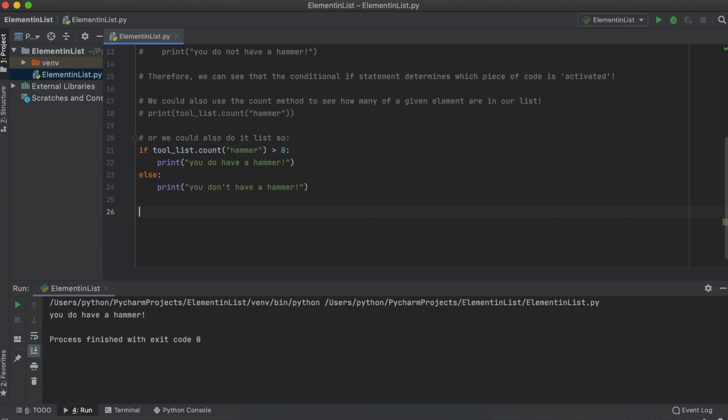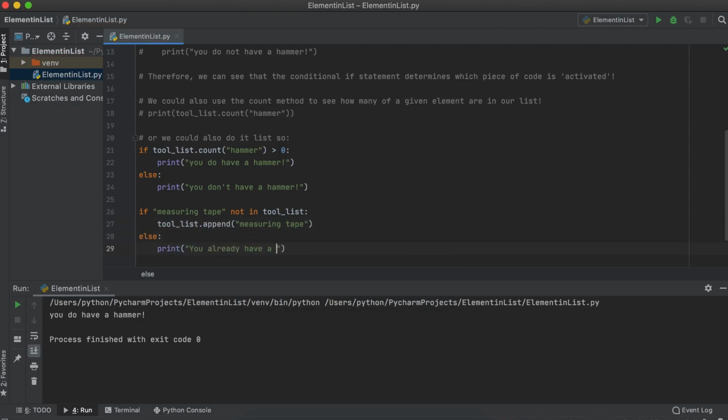Another cool thing we can do with our Python list is check if a certain value currently exists in the list, and if not, we can automatically append that item to our list. So let's say I'm about to buy a new measuring tape and I want to check if I currently have one, and if not, I will add it to my tool list. So we can do this through a simple if statement. So once we print this, we can see that the measuring tape is now appended to our list.